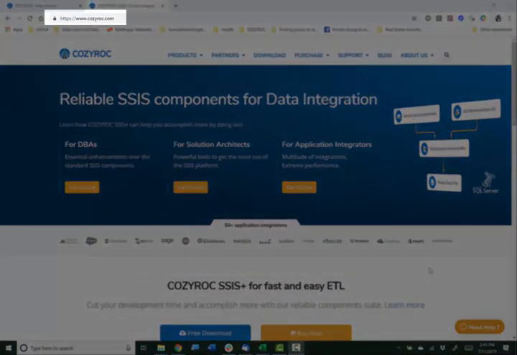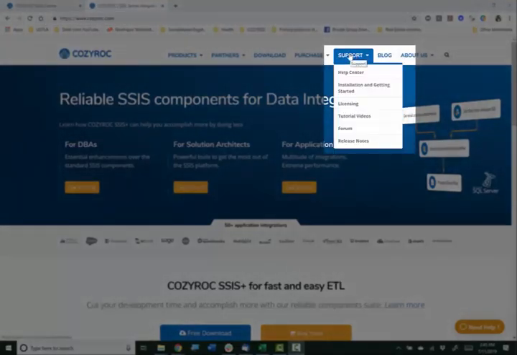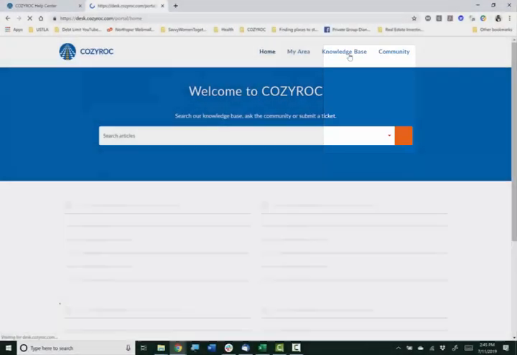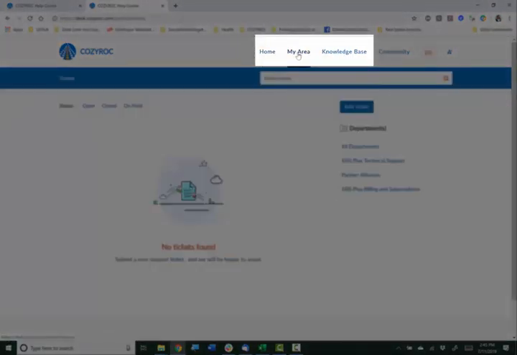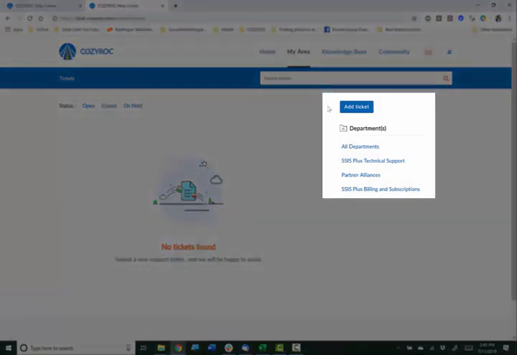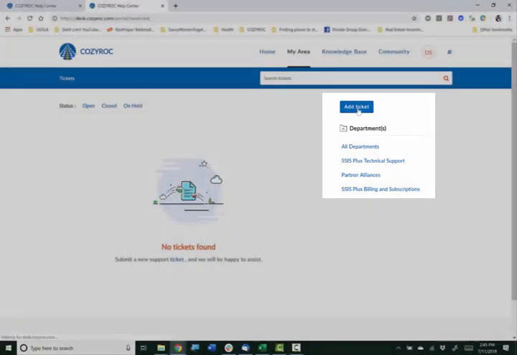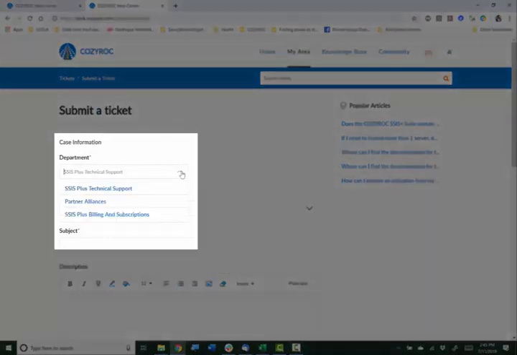To get to the Help Center, first go to www.cozyroc.com and then go up here and click on Support and then click on My Area. If you have not already set up an account to use the Help Center, you'll need to set up the account first. Once that's done, you can click on Add Ticket, and then over here under the department,